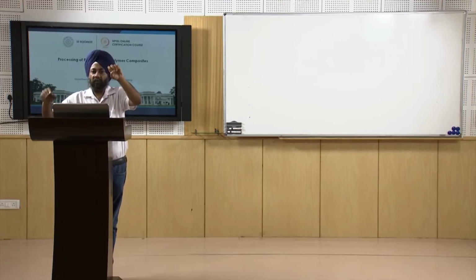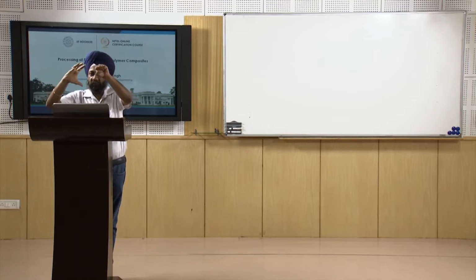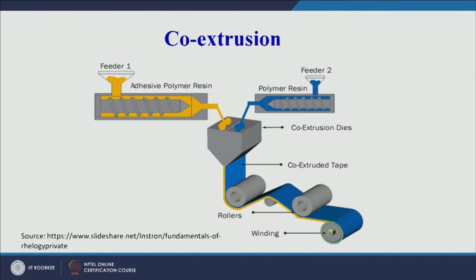So let us see with the help of a diagram. For tubing extrusion, right now we don't have a diagram, but you can imagine that there is a mandrel, and the plastic is moving outside the mandrel, so there will be a hollow cross section that we are producing. The process is much similar to what we use for making tubes of metals, the tube drawing operation.